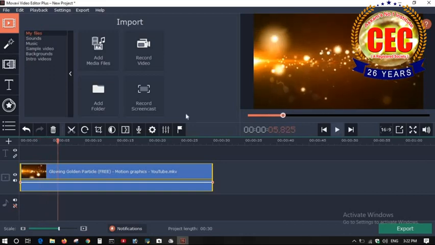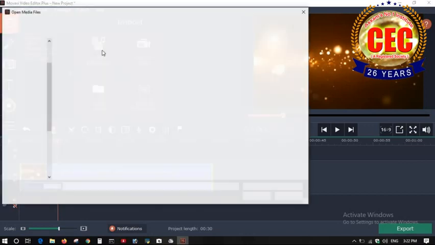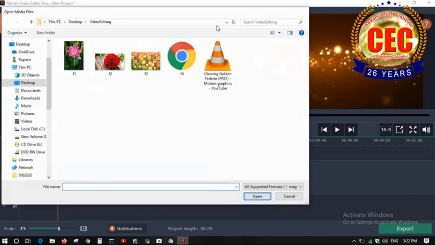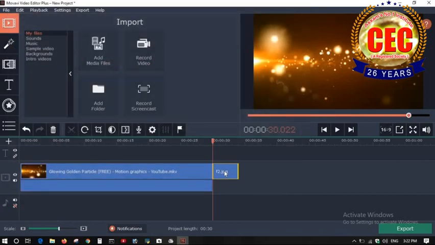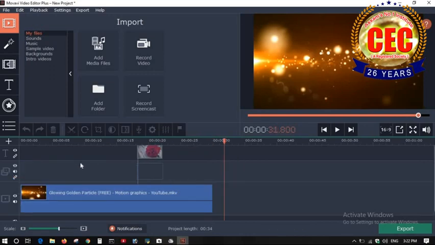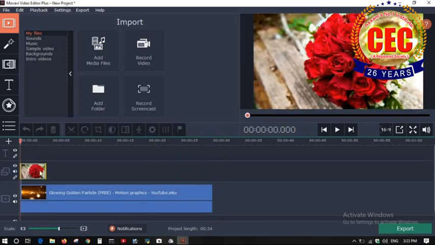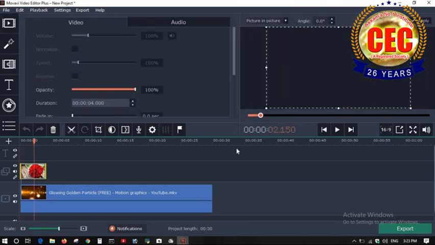If I want to insert a picture above the video, then click on the Add Media File option. Then click on any picture. The picture is showing here. If you drag it and bring it above the video, the picture will be shown here. If you want to reduce the size of the picture, double click on the picture.